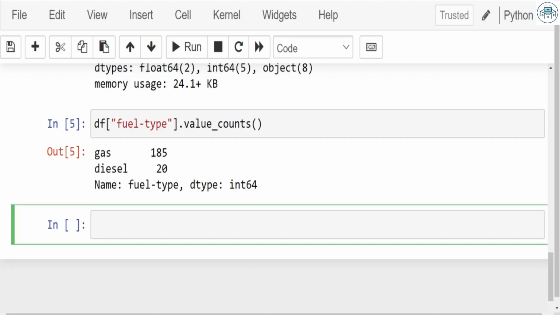Now we have two types, that is gas and diesel. So we have 185 cars which belong to the gas category and 20 cars which belong to the diesel category. Now, how exactly does